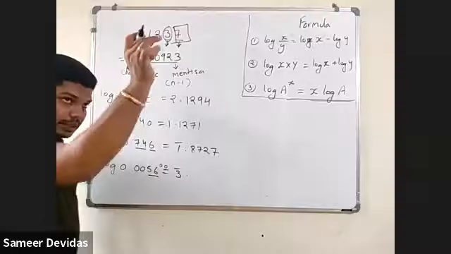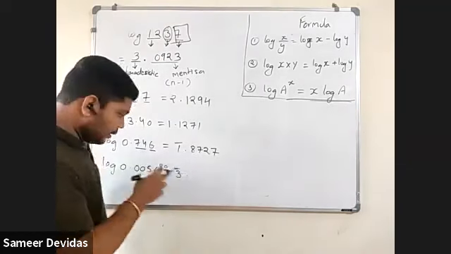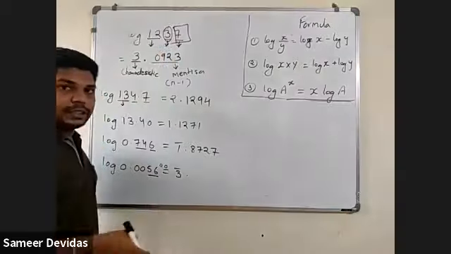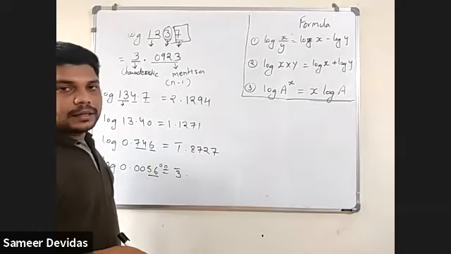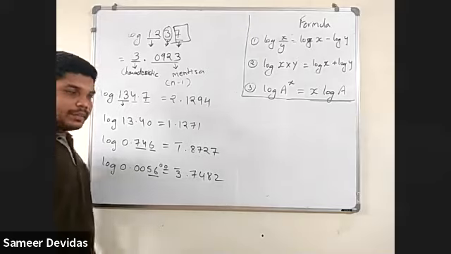So 56 is the first column. Yes or no? And then third is what? Third is which number? They have not given. But what you have to consider? 0. So you check 56 under 0. The first column is 0, you check. 7482. All have understood this? Any difficulty? No, sir.